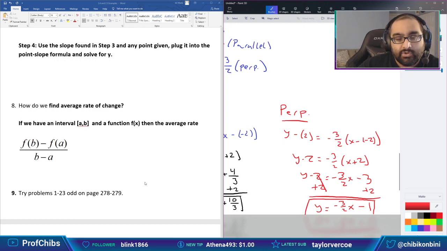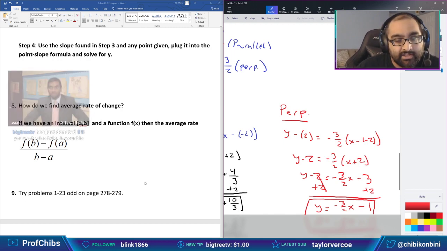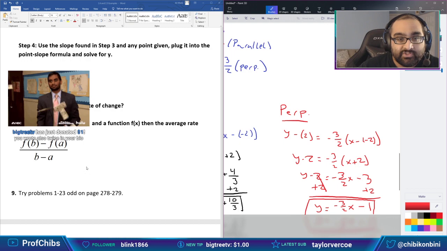Now, average rate of change is in relation to a function here, but what I do want to say is, if we have an interval a comma b and a function f of x, then the average rate of change is going to be f of b minus f of a over b minus a. Now, albeit this looks really different, in all honesty, this is actually,